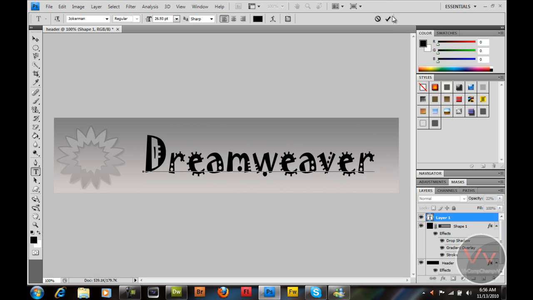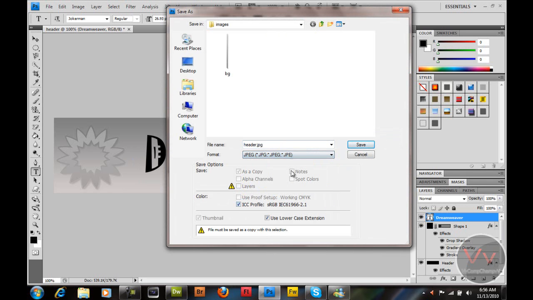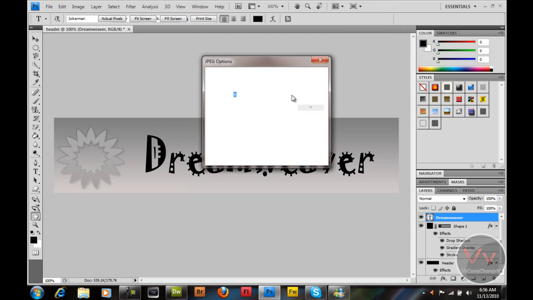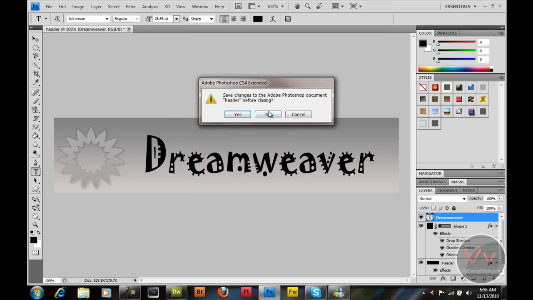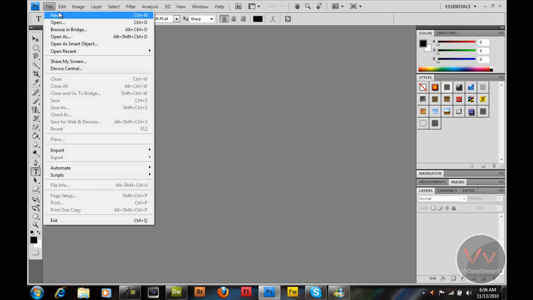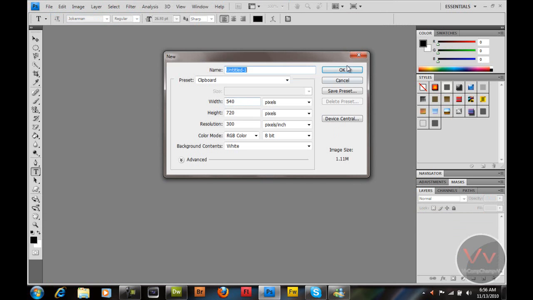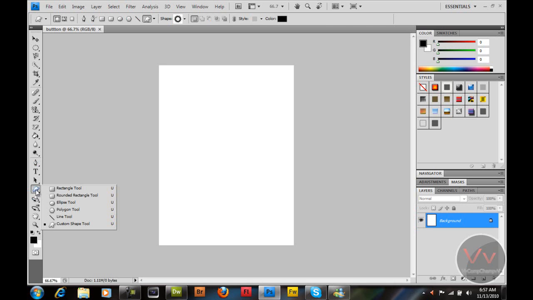Yeah, I want this. Now I'm gonna say Control S on your keyboard, and I'm gonna save it as JPEG, and I'm gonna name this header. So now I'm just gonna close this. Now I'm gonna create buttons. It doesn't matter what your document size is. I'm gonna name it button, and I'm just gonna